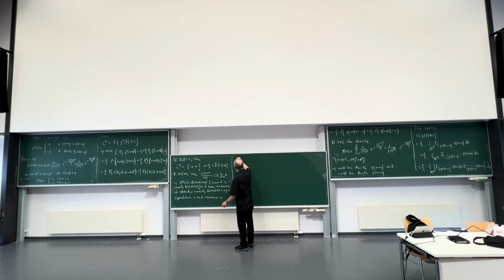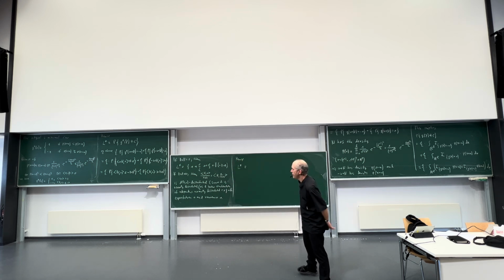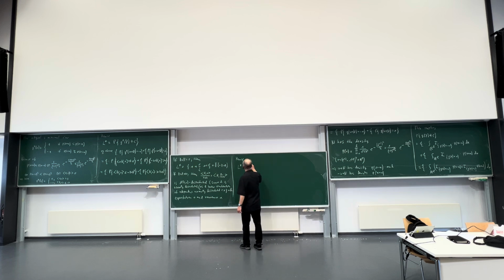So hence, we look at a star. I divide these probabilities by norm mu. It's 1/2 times